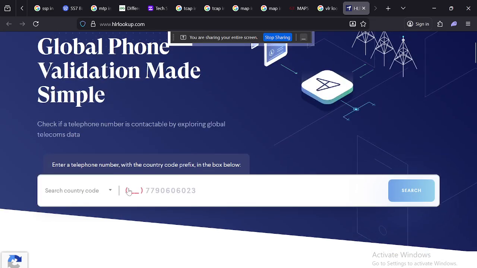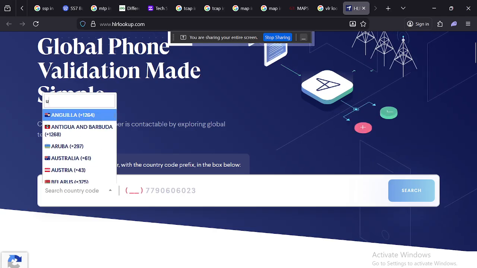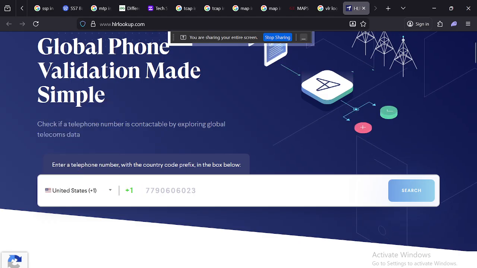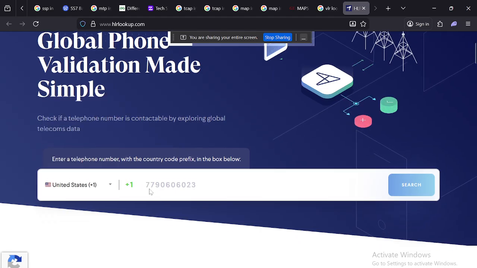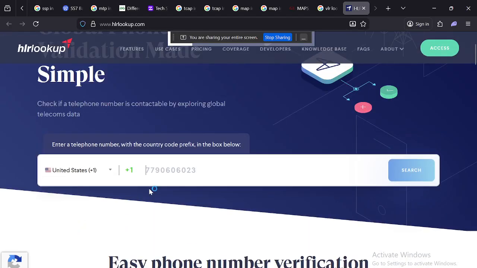We just need to enter a valid country code. Let's put United States. Then global phone validation made it simple, but we need a phone number to utilize here.